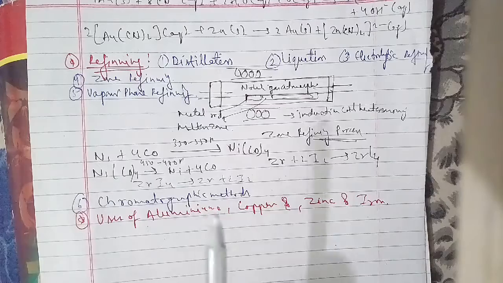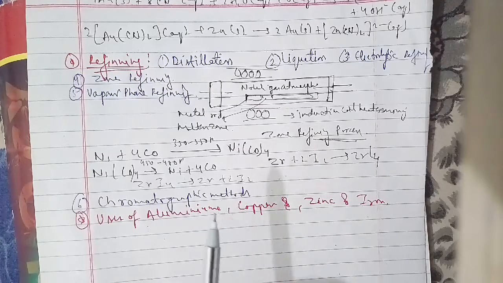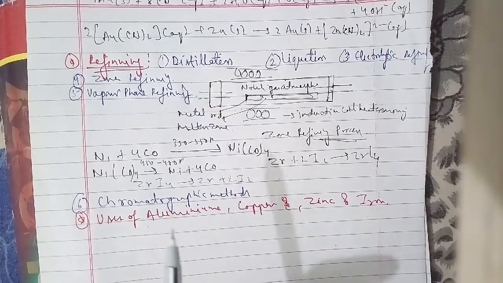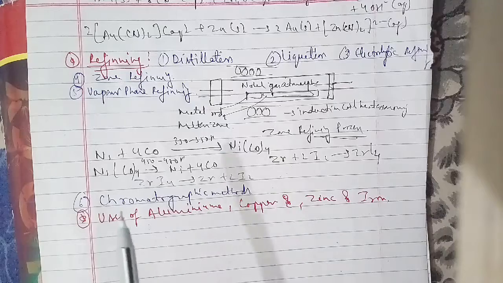Unit 8 is the d and f block elements. We have to cover the position in the periodic table, electronic configuration of the d block elements, and general principles of the transition elements of the d block, some important compounds of the transition elements, the lanthanides and the actinides, some applications of the d and f block elements as well.